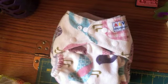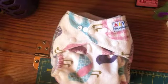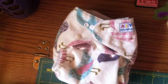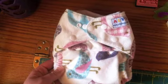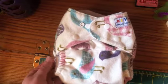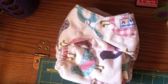I've had very little to no snap issues. I think there's been a few where the rise snaps are a little finicky and they'll come unsnapped in the wash. But overall, for under $6 a diaper, you can't beat it. They also have really cheap newborn diapers that are about the size of a little Joey's minus the umbilical cord snap. I haven't tried those yet, but I definitely have 3 that I'm going to be trying with this